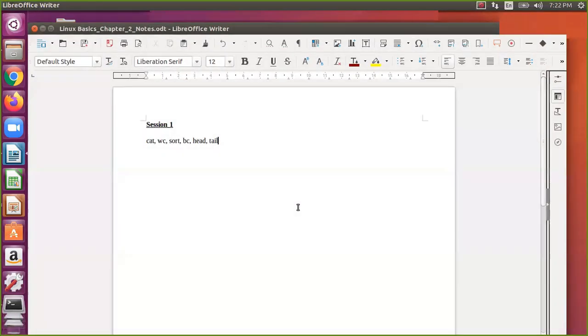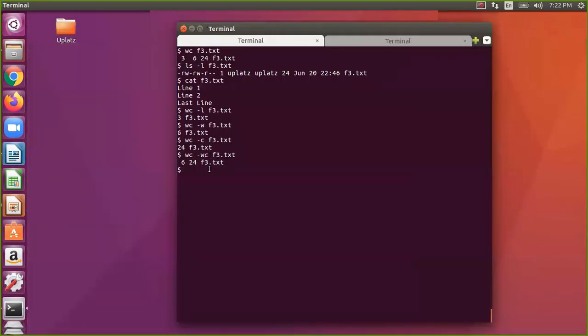So we have covered the cat command. Cat is concatenation. If you have multiple arguments, they will be merged and displayed on the output. The default output is the screen, the terminal. So that's what is displayed on the terminal. Whenever we say cat with only one file name, you are putting only one output into the standard output. So it doesn't matter if you have a single argument or multiple arguments. Now we are done with wc and cat.